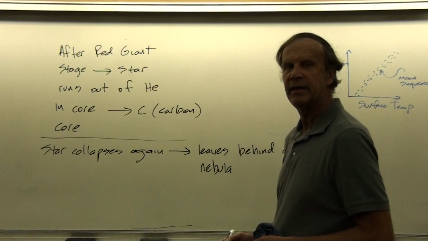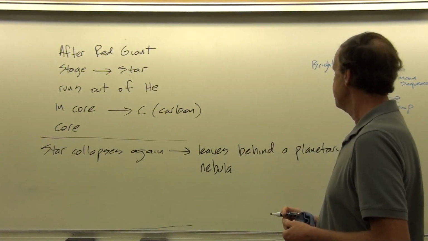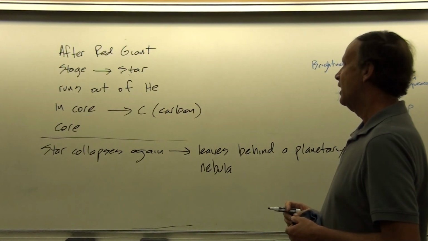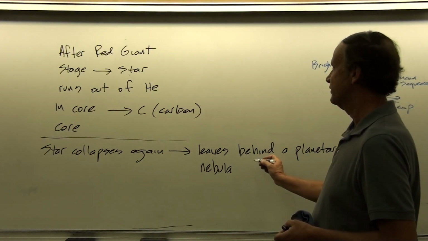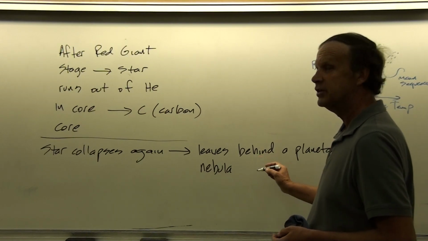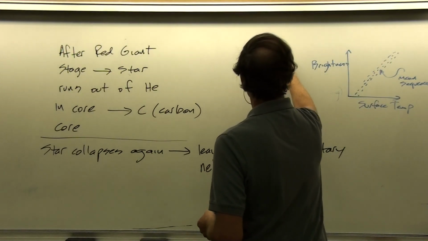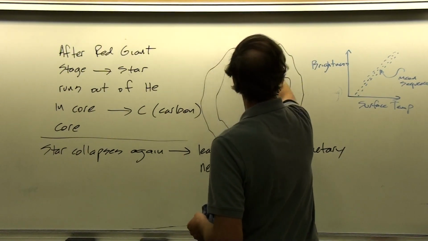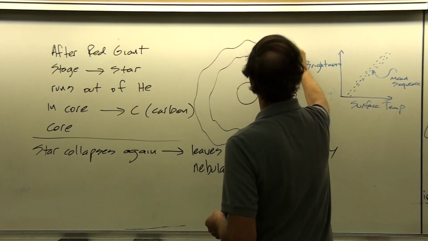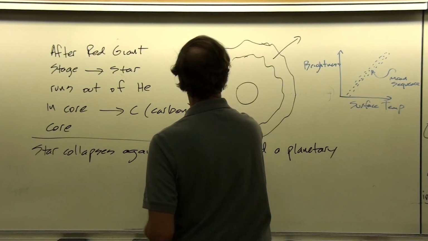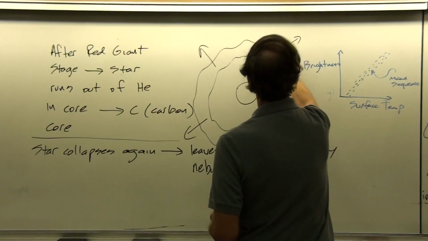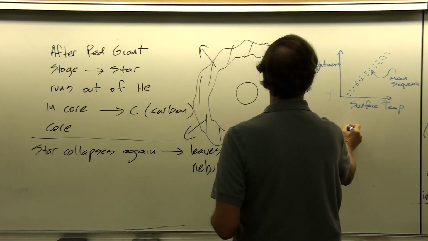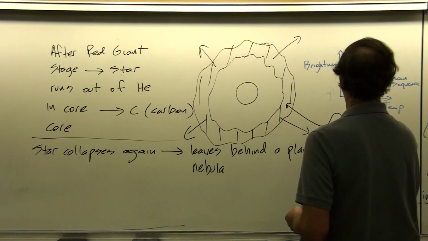And so this is a way in which we can identify the nature of the stellar collapse. If this thing has just gone through a red giant stage, then what we might expect to see is a kind of halo of gas that's moving away from the dead star. And so this might be half the mass of the star that achieves escape velocity and becomes a planetary nebula.